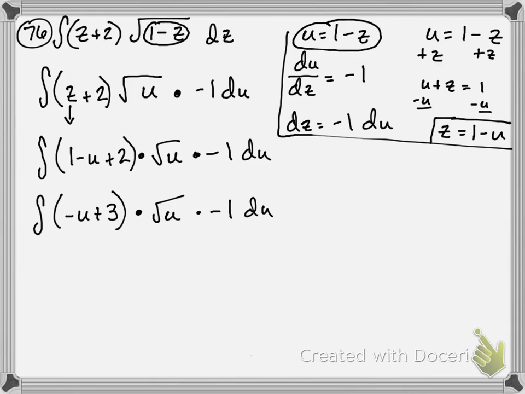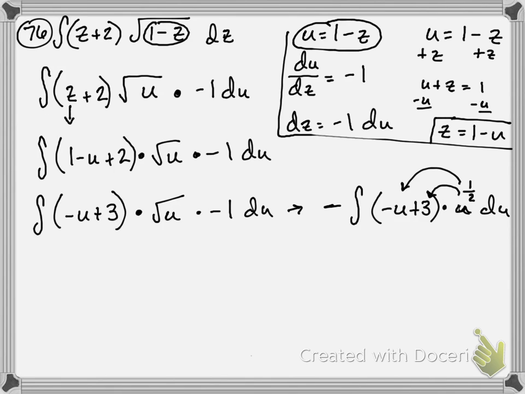So what I'm going to do is go ahead and take this negative 1 out front of everything. So I'm going to think of this as the negative integral of (negative u plus 3) square root of u du. Now, can I write that square root of u as u to the 1/2 power? Let's do that instead. So now, in order to use the anti-power rule where we do plus 1 over the power plus 1, we need to just have something with only powers, not a couple of things. So I'm going to just distribute this in